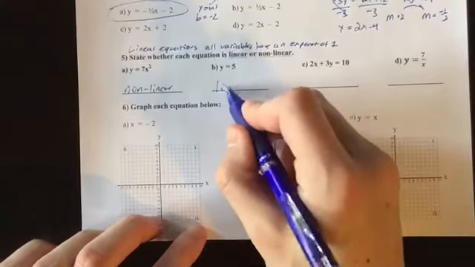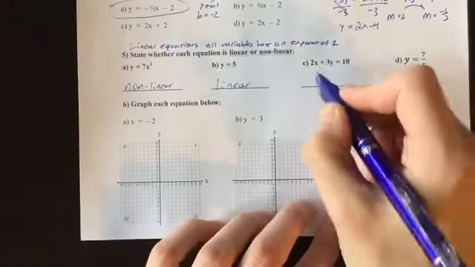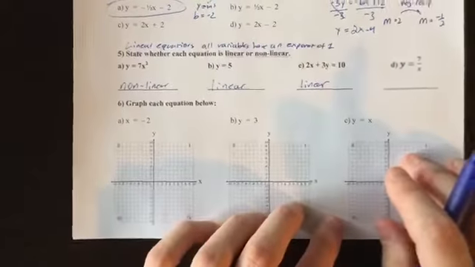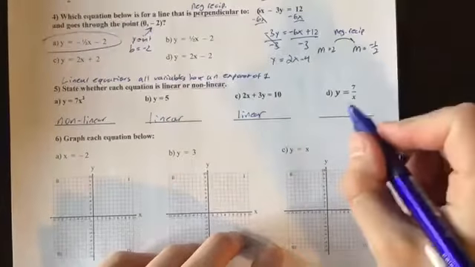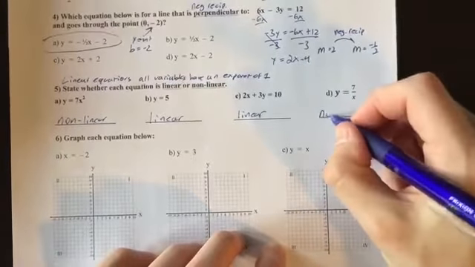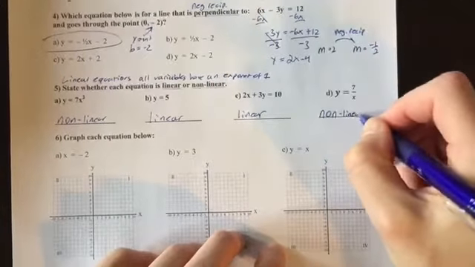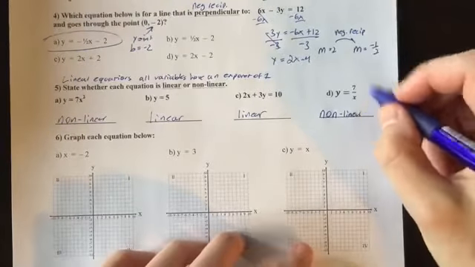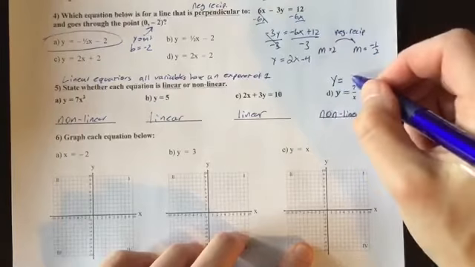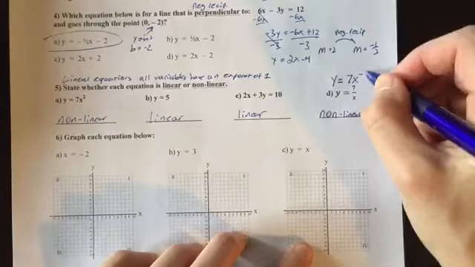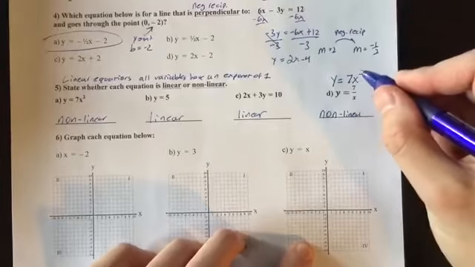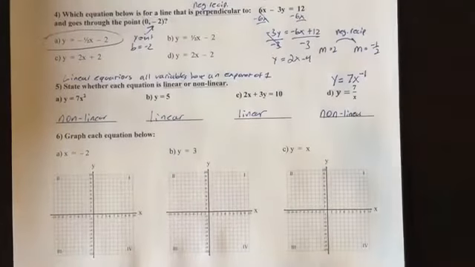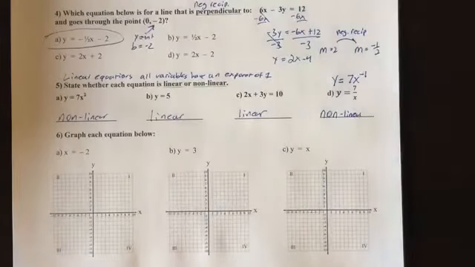y equals 5, linear. 2x plus 3y equals 10, linear. Now D. D is the tricky one. D, y equals 7 over x is actually nonlinear. And the reason is because of this x in the denominator. Had the x not been in the denominator, it would have been y equals 7x to the negative first power, which is not an exponent of 1. That's an exponent of negative 1. So it makes it nonlinear. If you were to take that y equals 7 over x and graph it on Desmos, you would see a